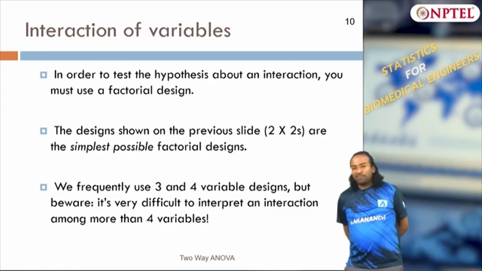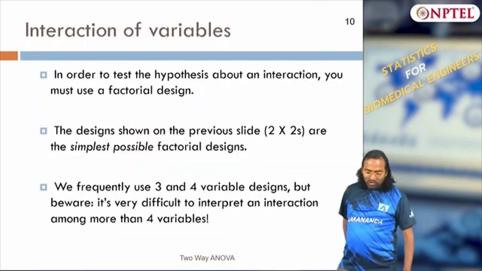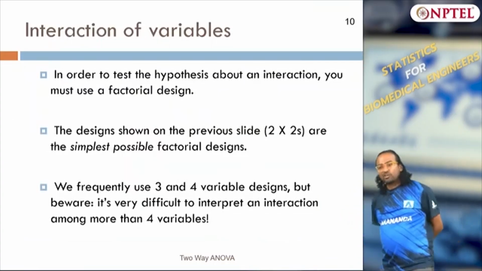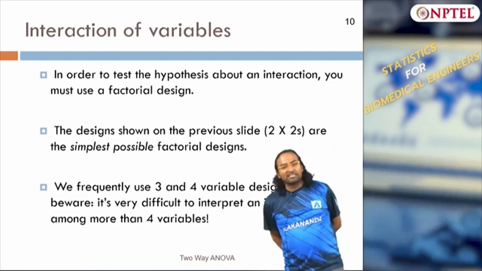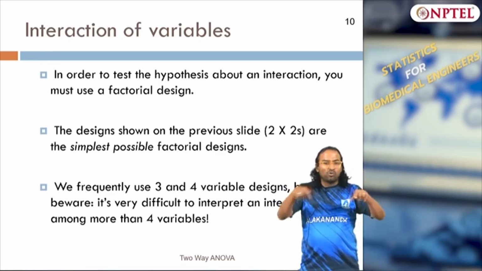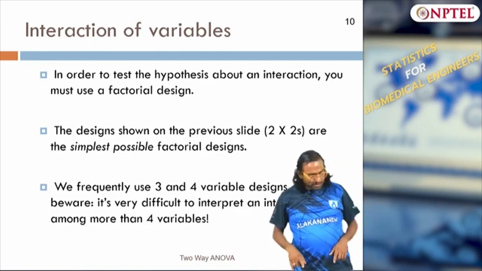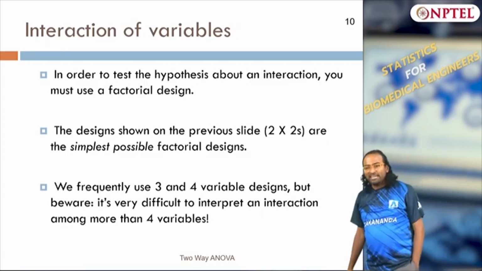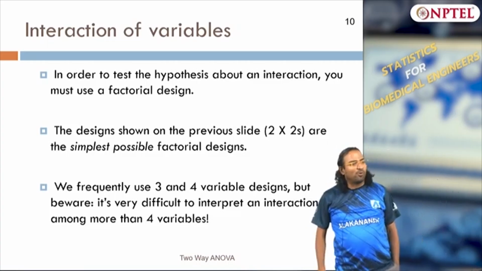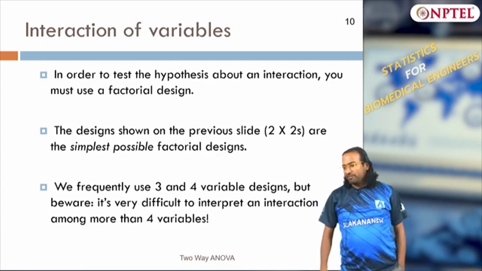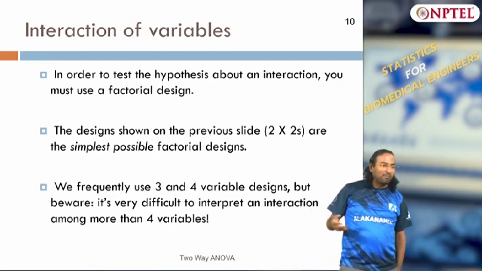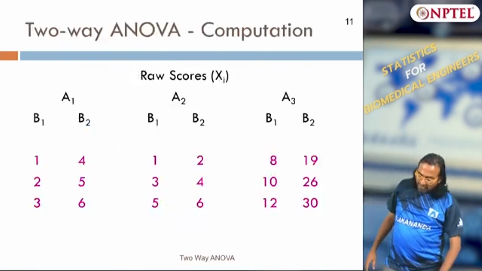So the design on the previous slide, whatever we have shown here, is a 2 cross 2, the simplest possible factorial design. As I said, factorial because you are talking about combinations and doing interactions. You are looking at the crossed combinations, all combinations. We frequently use 3 and 4 variables, but beware, it is very difficult to interpret an interaction among 4 variables unless you do it numerically. Graphically it becomes so complicated to look at interactions for 4 variables or 3 variables. So you have to come up with a numerical way to understand